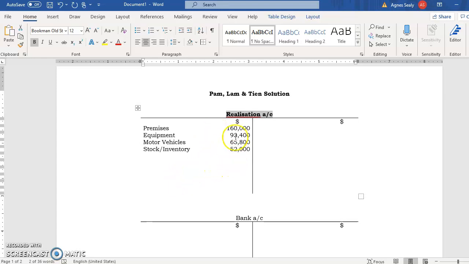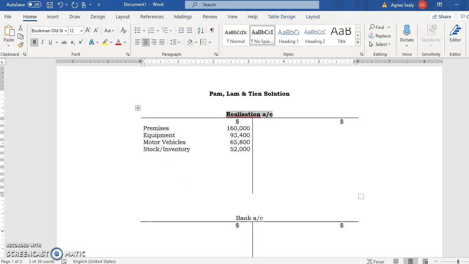And then we debit the realization account again for $52,000 for inventory, and the inventory account is credited for the same $52,000 in order to close that off the books of the business. So as we continue looking at this question, we are going to